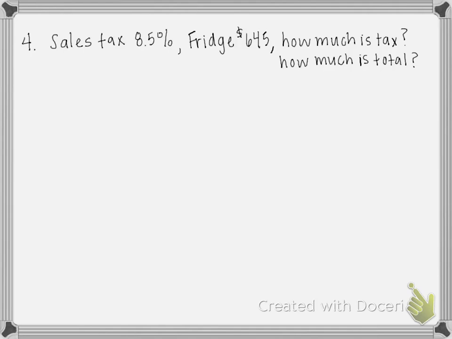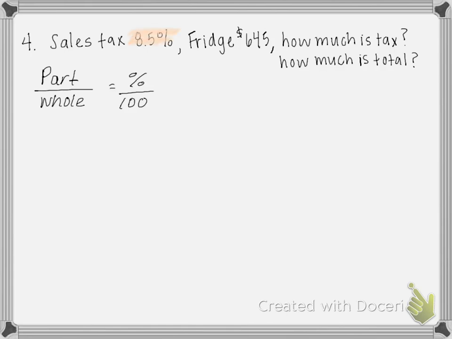So taking a look at number 4, you're told that the sales tax rate is 8.5%, and if Darla buys a refrigerator for $645 before tax, how much will the tax be, and what is the amount of the total purchase? And you're also asked to round the tax to the nearest cent if we need to. So again, we see a percent problem, so that should tell us part over whole equals percent over 100. So if we kind of piece this together to figure out what we know and what we don't know,